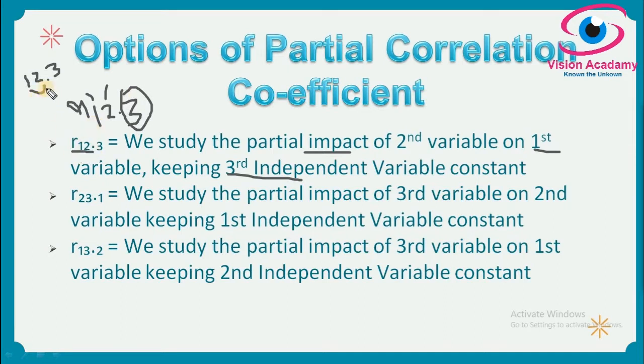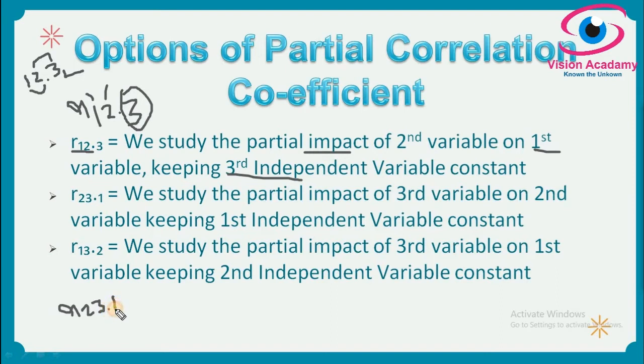I told you how to form this, and let us have a second option. Since we eliminated the third independent variable in the first option, now we will bring it into the study in the second option. So we can form 1, 2, 3, and the remaining pair will be 2, 3. So one more option will be R23.1, where I will eliminate 1.